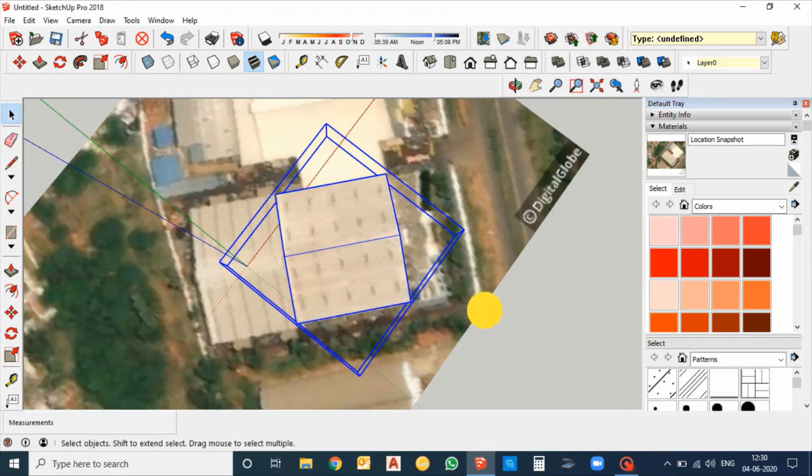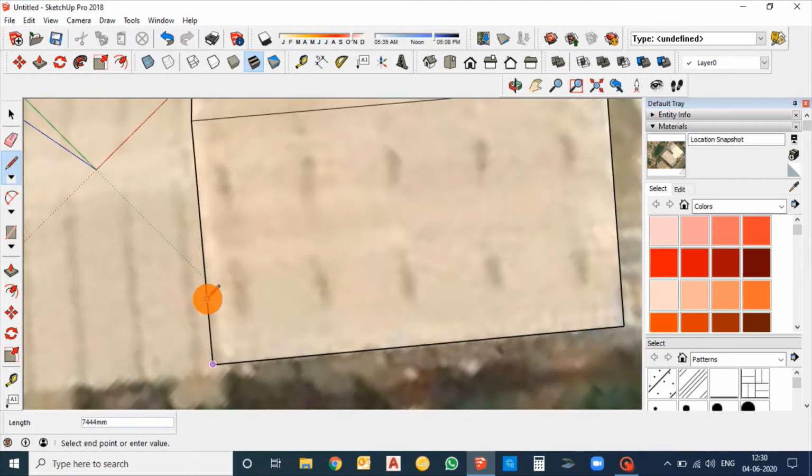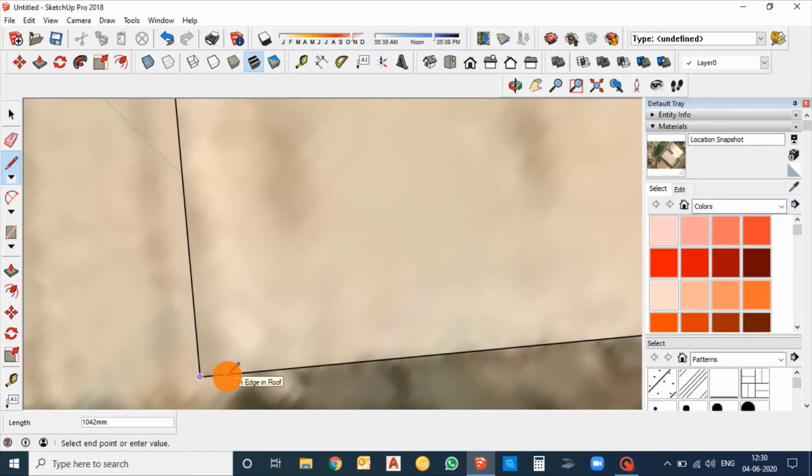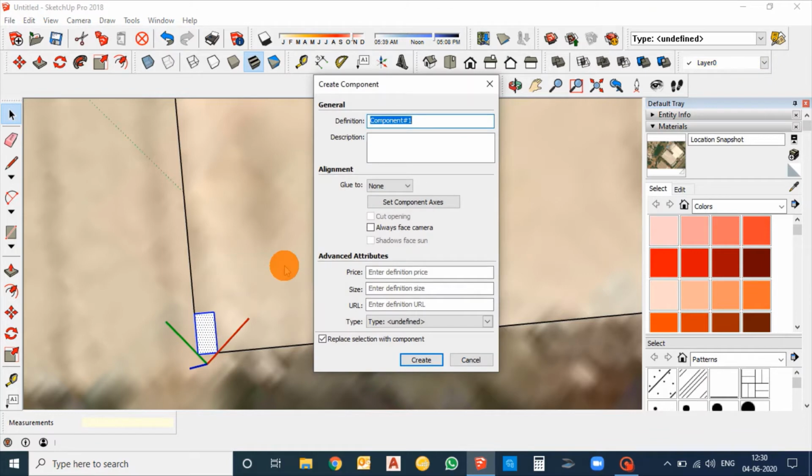Now we want to build a polycarbonate sheet. Just make it 2 meters by 1 meter, and make this a component called poly sheet.